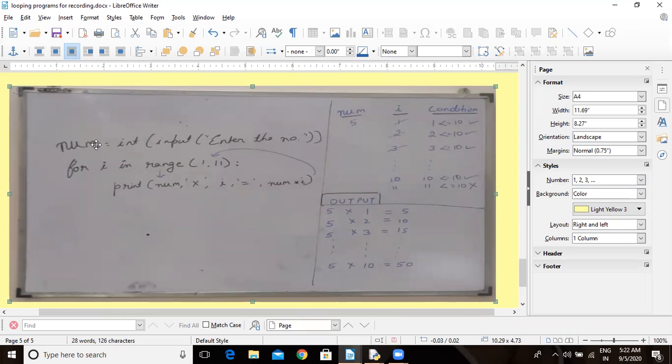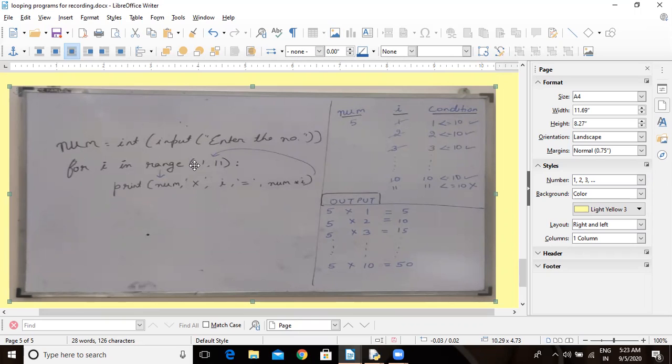And we know how many times we have to run the loop. We have to run from 1 to 10. For this, we know the number of times, so we are using a for loop here. for is a keyword for looping in Python. In for i in, i is a variable and in is the membership operator.